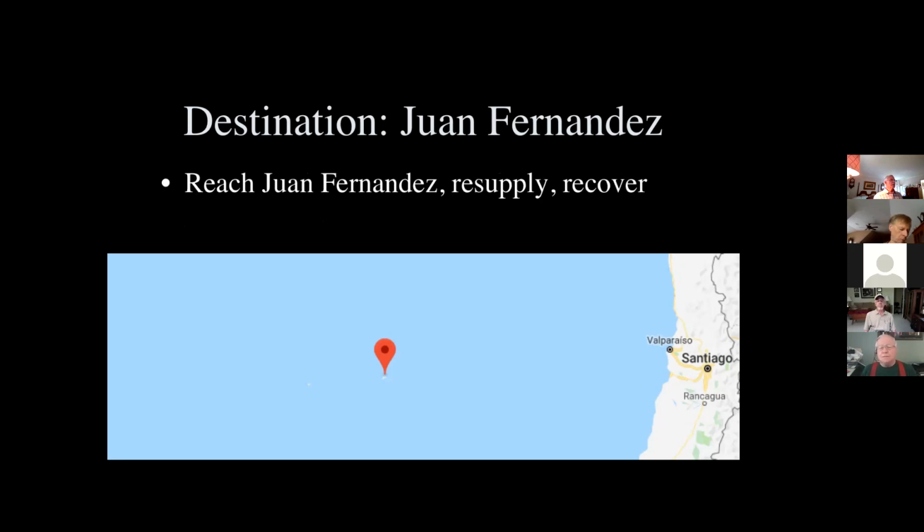Eventually, they get to Juan Fernandez, and they are able to resupply and get their men recovered. But the problem is that they've really been hurt by this whole thing. And they've really been hurt by the fact that they didn't know what their longitude was. They didn't know it, and that messed them up as they were trying to go through the Straits of Magellan. And they didn't know it when they were up at latitude 33, and that caused them to waste well over 11 days trying to get to Juan Fernandez. So anyway,